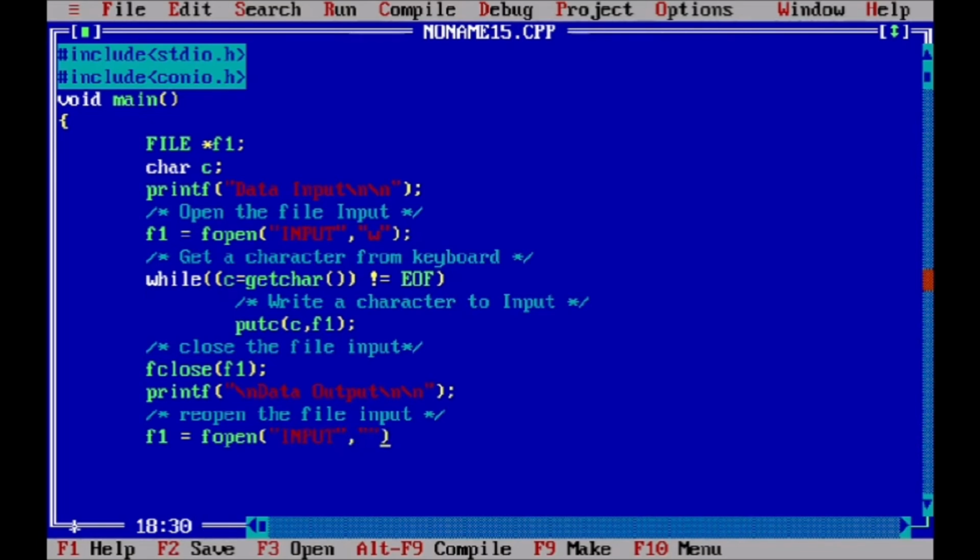After closing the file pointer, we can reuse that file pointer. We are opening that file in reading mode, and now we read a character from the file named input.